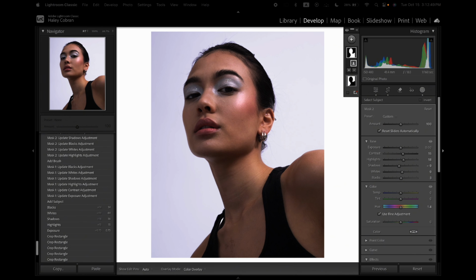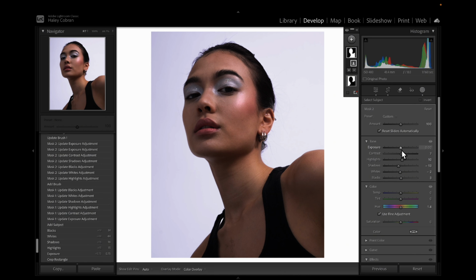So I just went in and adjusted the subject quite a bit, just to make sure that her skin is not looking too dark, but also not too light. I like the separation between the model and the background. So I did adjust her skin a little bit here. And now I want to go in and adjust the makeup. I want her eyeshadow, blush, and highlight to be popping. So I'm going to go